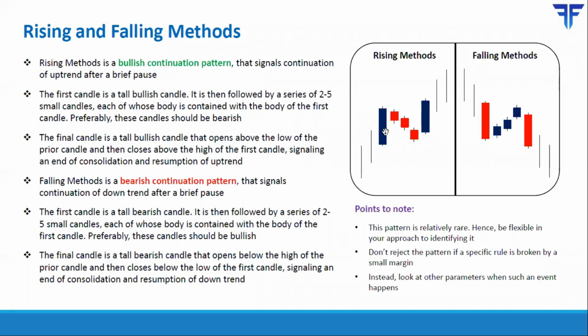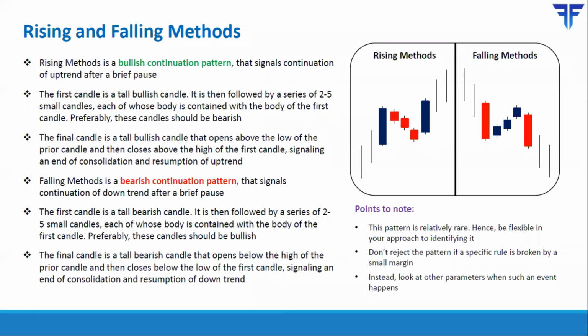This bullish candle is then accompanied by anywhere between 2 to 5 or even 6 small bodied candles, as you can see over here. In this case, I've just shown 3, but it can stretch to 5 or even 6. What is interesting to see is that the body of each of these small candles should be within the range of the body of the first candle. So the first candle is a very long body, and then it's followed by minor consolidation. The body of these consolidation candles should be within the range of the body of the first candle. Now that's an important rule.